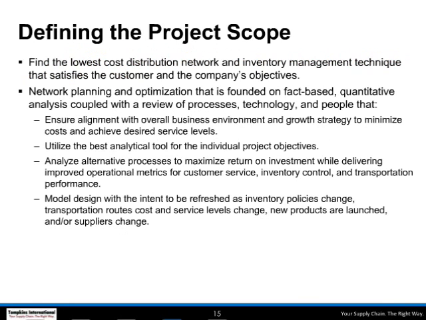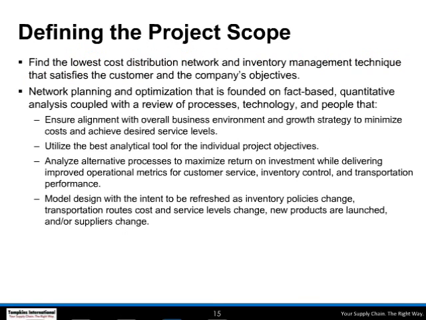So you need a fact-based plan to begin with, and then you accept your business environment and your growth strategy to move forward. You need an analytical tool that really fits your needs and not just the best one out on the market. It needs to be customized, and you need to understand that it's the best one to perform your need. When we look at it,